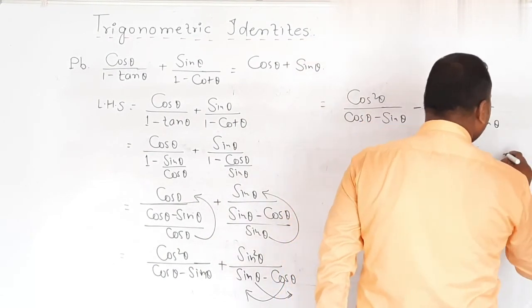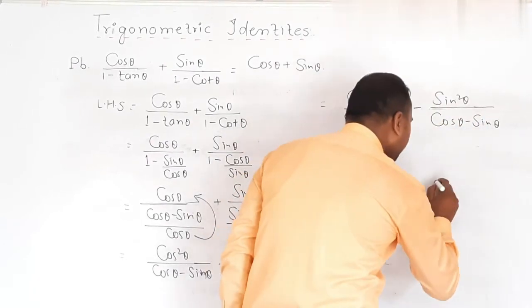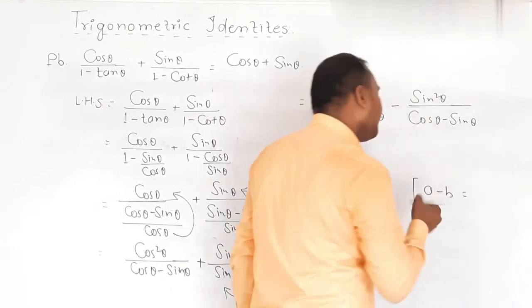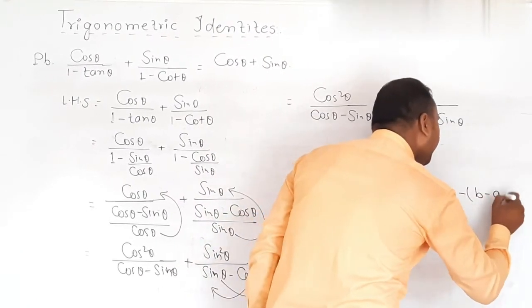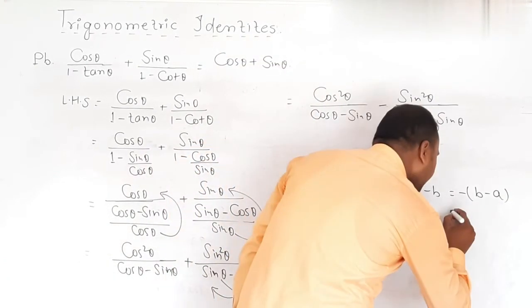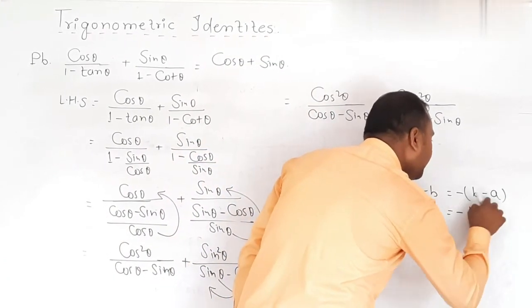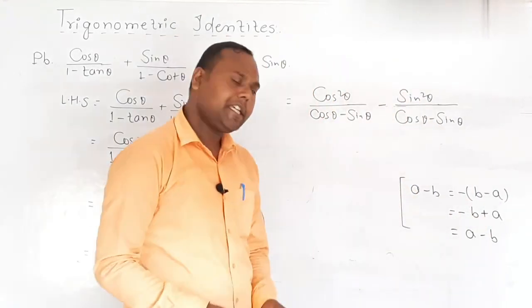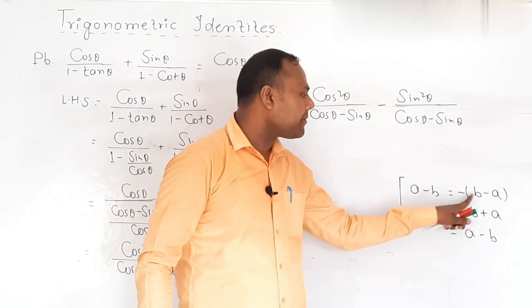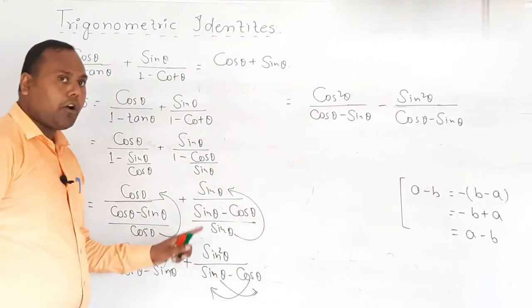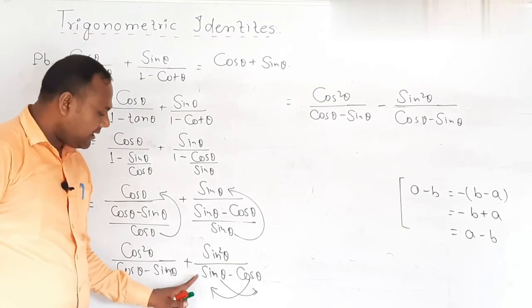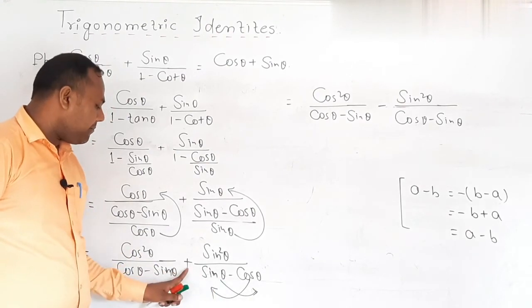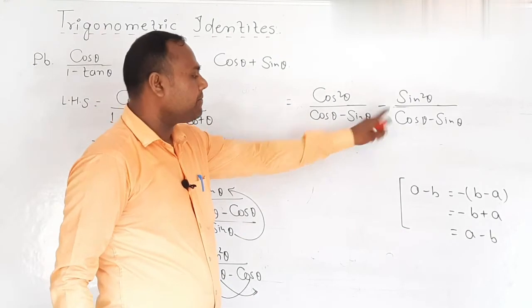I give you a concept. The concept is, if a minus b, then we can say that it equals minus of b minus a. How? Let us assume minus b, minus into minus plus a, and after arranging, a minus b, that's why we can say that a minus b equals minus of b minus a. This process is always established by me in this place. That's why this term changes into this term, and minus changes into plus.